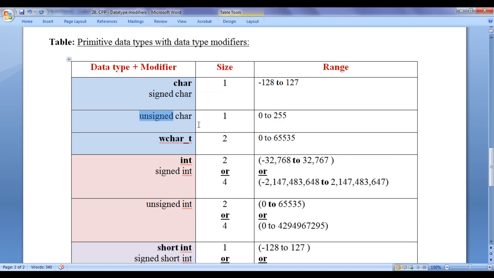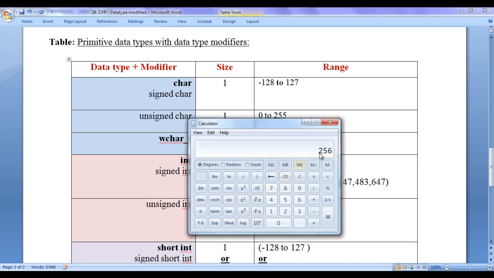Unsigned means positive only. Signed means positive as well as negative. Unsigned char allows us to store only positive values, guys. So the minimum value possible to store inside unsigned char type memory is 0, and the maximum value possible to store inside unsigned char type memory is plus 255. If you count from 0 to 255, it becomes a total of 256 values, guys.